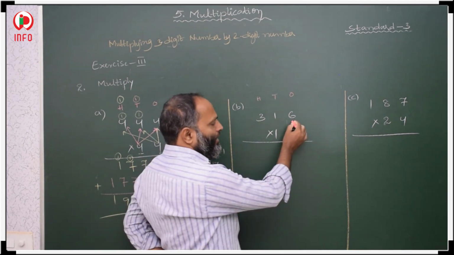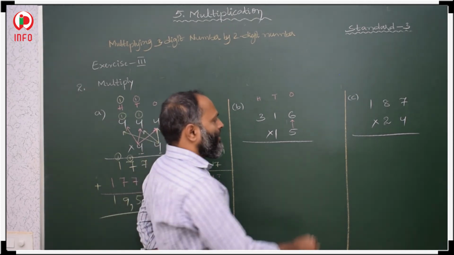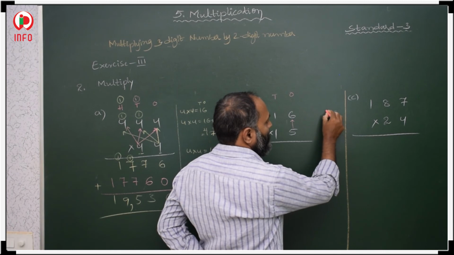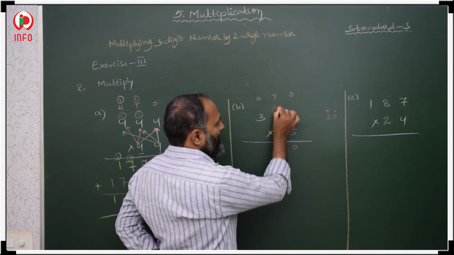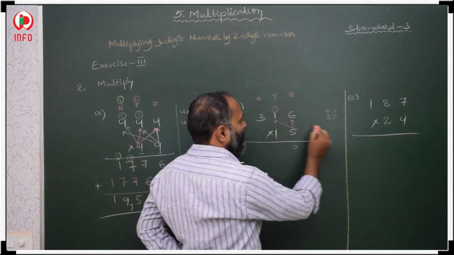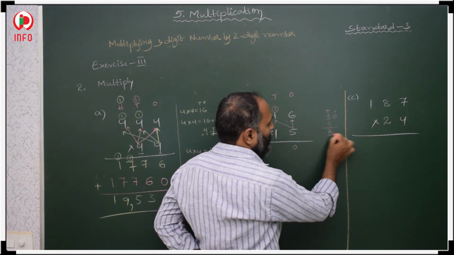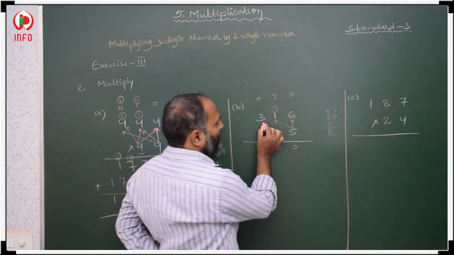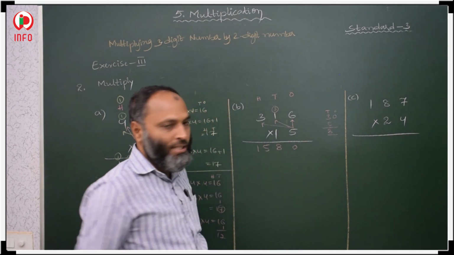Now you start multiplication with ones place. 5 6s are 30. 30, this is ones place, this is tens place. Keep 0 in ones place, and 3 in tens place. Then 5 ones are 5. 5 plus 3, 8. 8 is a single digit number, you take as it is. Then 5 3s are 15, it is the last digit, keep as it is.